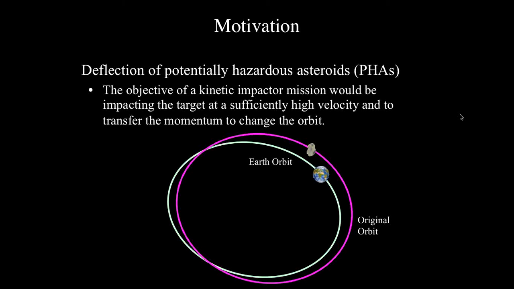First, let me introduce the kinetic impact missions. Several different strategies to deflect potentially hazardous asteroids have been studied before. And among these, the simplest one is kinetic impactor missions. The objective of a kinetic impactor mission would be impacting the target at a sufficiently high velocity and transferring the momentum to